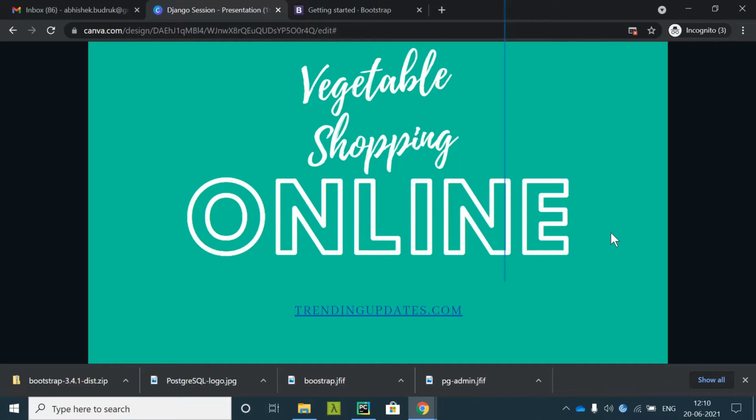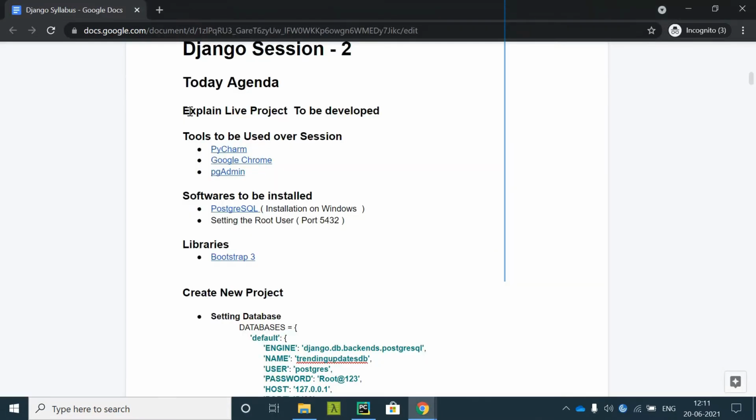So that's what I thought, let's take this real-time example where we sell vegetables online and deliver them to the home. So what all things are required and how is it going to happen, how is the database structure, how the user module, how the authentication, sign up, login, logout pages will work, all these things we'll discuss.